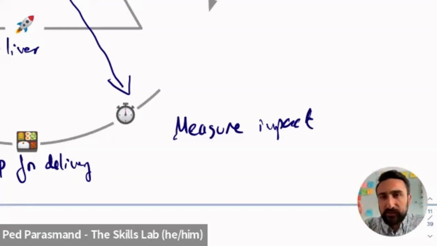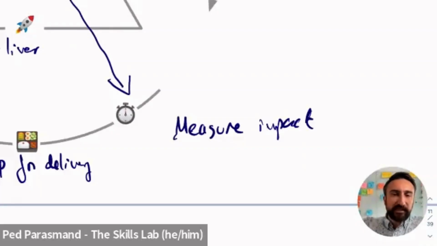You can then ask questions like, how relevant was this to your work? How motivated are you to use this in your work? How able are you to use this? And they can answer, I don't need any more practice, or I think I can do it but I need a little bit more practice and guidance. You can ask those kinds of questions just to get a sense check,